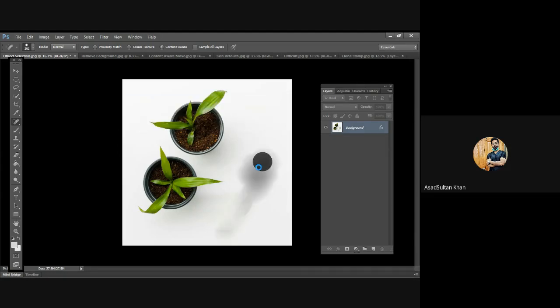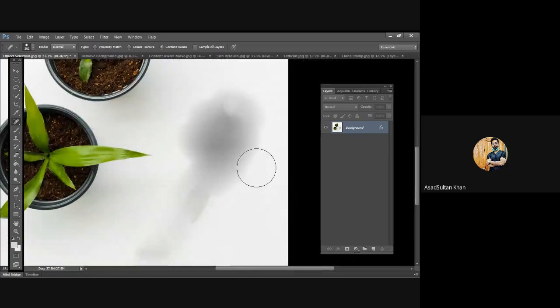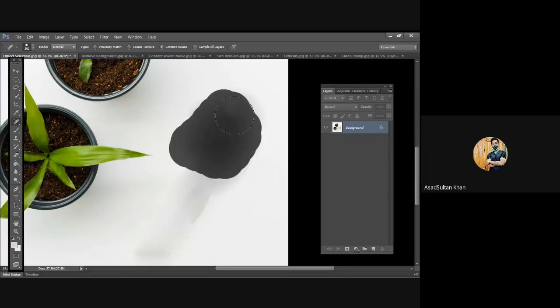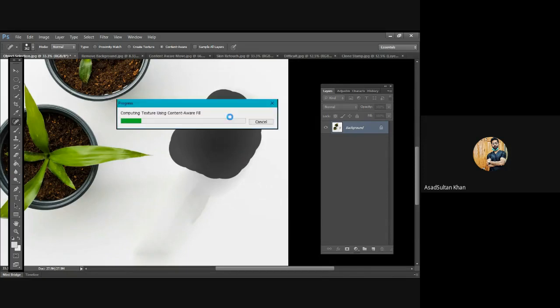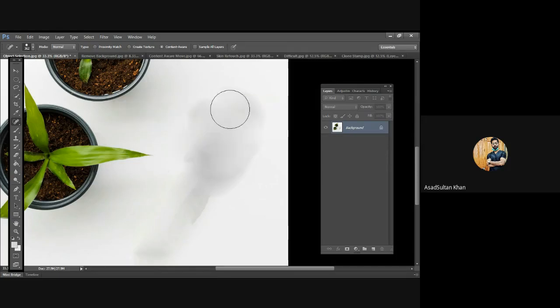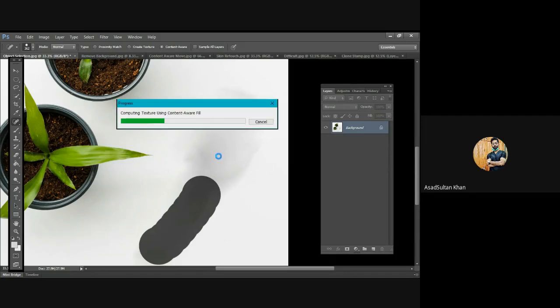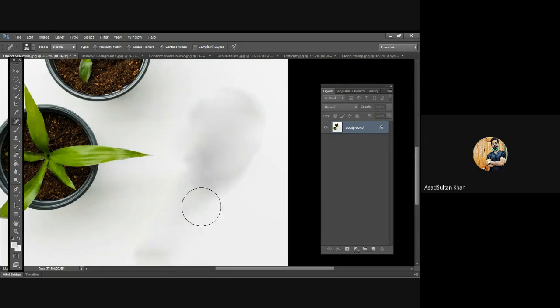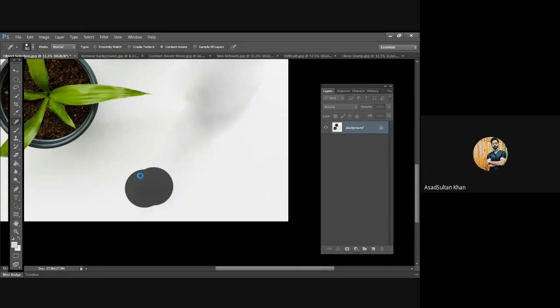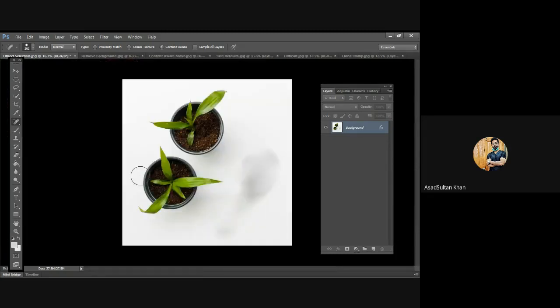So just like that, I've still removed here, but I can still see there's a lot of stuff. A little bit better. So by using this again and again we can remove all of it and then an image like this will be created where you can't tell that the tool was there in the first place. So just like that, let's move on to the next step.